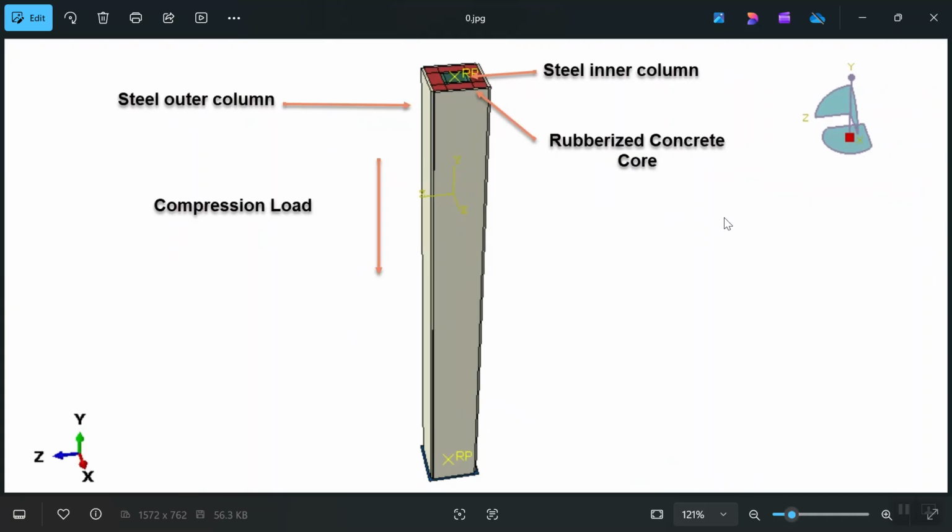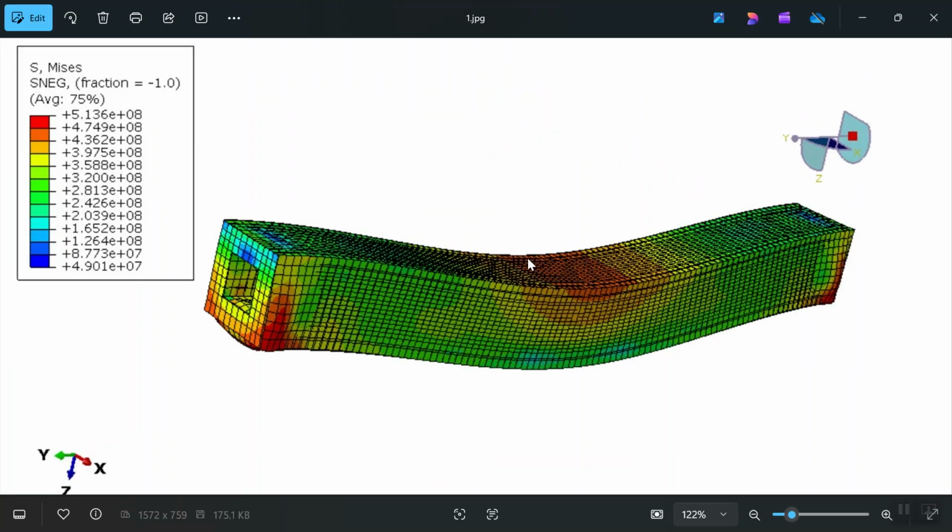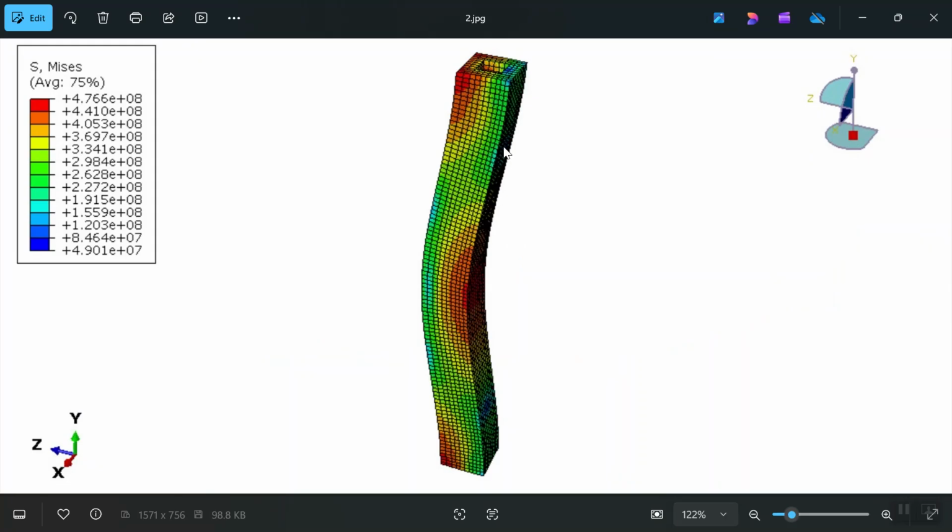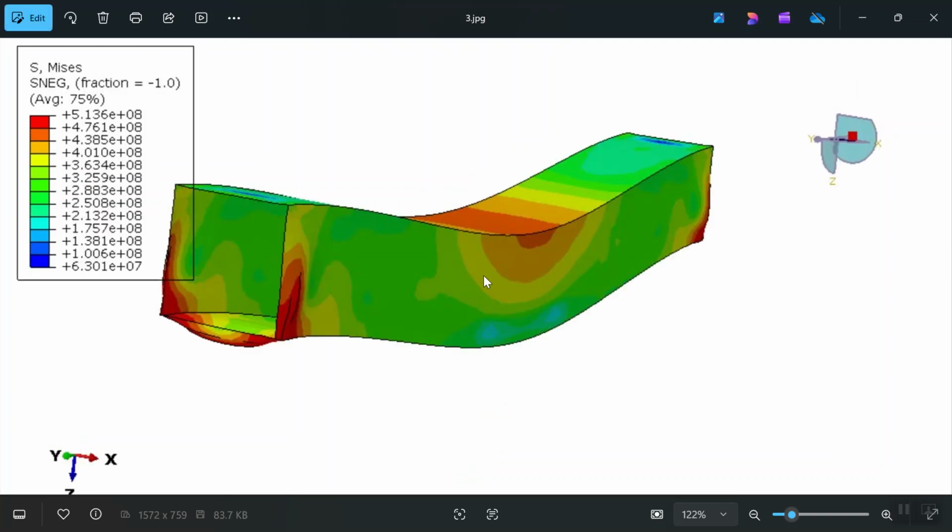software. Based on the paper, we use quasi-static model, and if you check here, this is the buckling which is happening in the composite column in all the parts, and this is the stress contour, and then this is the rubberized concrete, and it's buckling here at the middle. The maximum deformation happens at the middle, and then the steel, the local buckling at the top and at the bottom and at the middle,